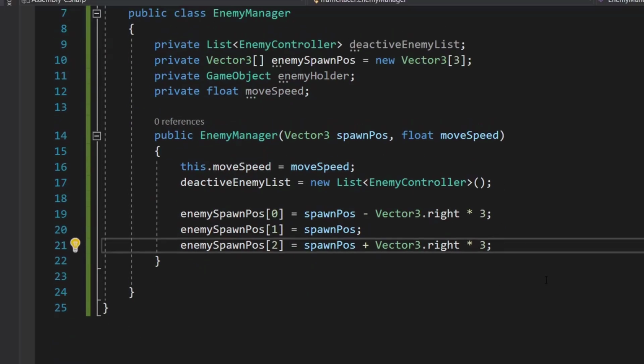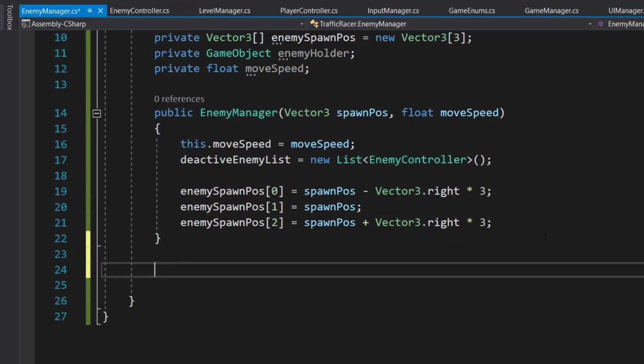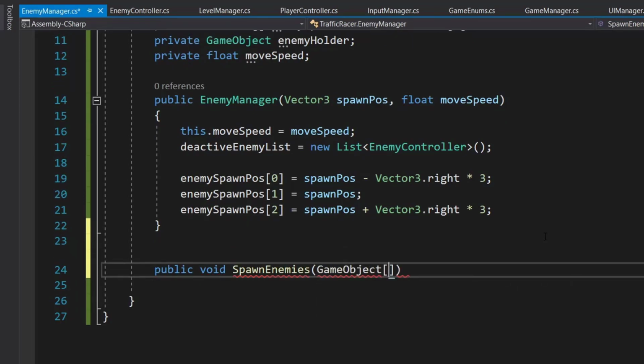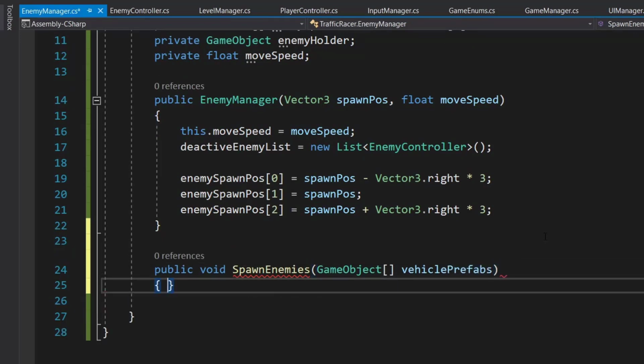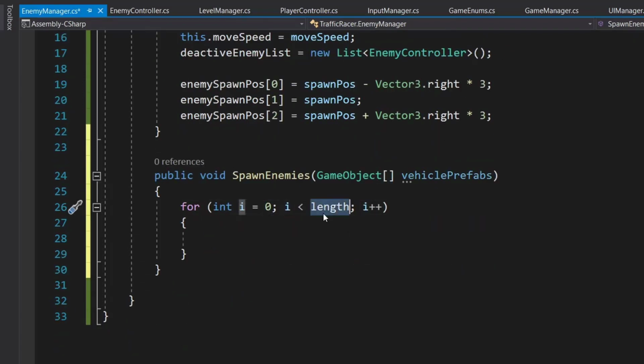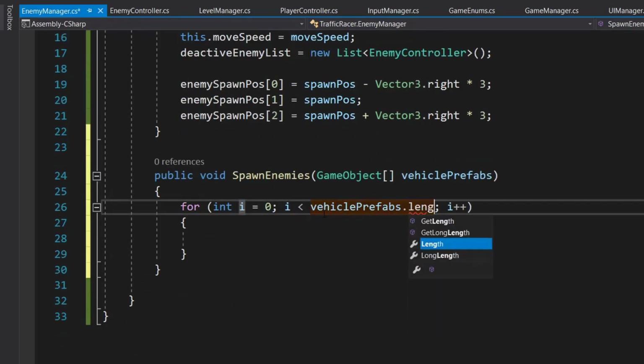Now we need to spawn our enemies as well. So we will create a new method, public void SpawnEnemies, and it will take a parameter of array, GameObject array vehiclePrefabs. Inside that we will create a for loop, and the length will be vehiclePrefabs.Length.